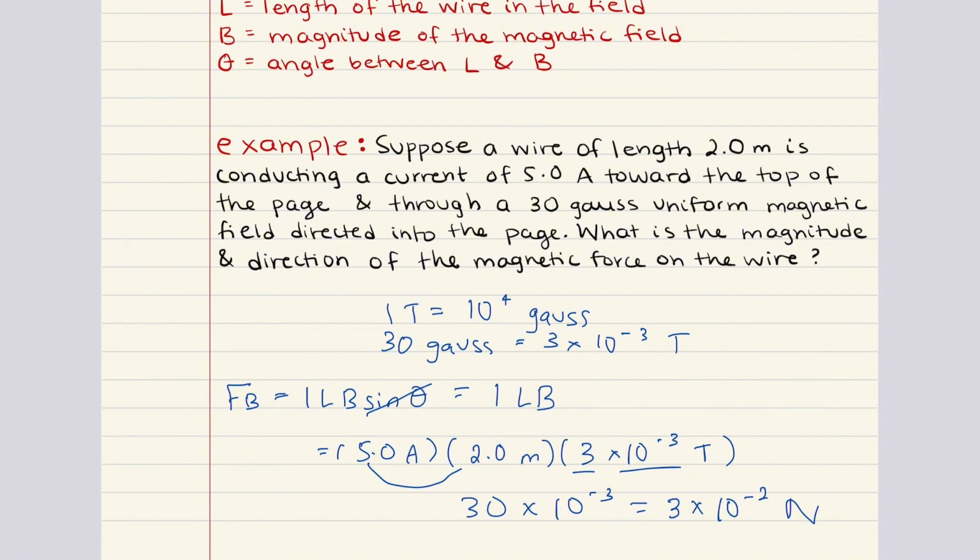What about the direction? To determine the direction, we're going to use our right hand rule. Your thumb should point up the page, and then the rest of your fingers should point into the page in the direction of the magnetic field. Current is a flow of positive charge. So the force is in the direction of your palm, which is to the left. So our answer for magnitude of the magnetic force is 3 times 10 to the minus 2 newtons, and the direction